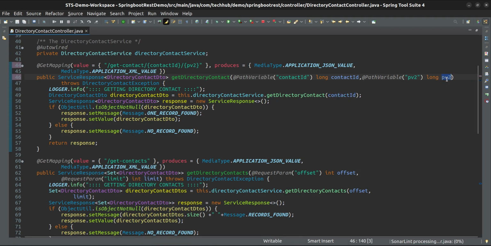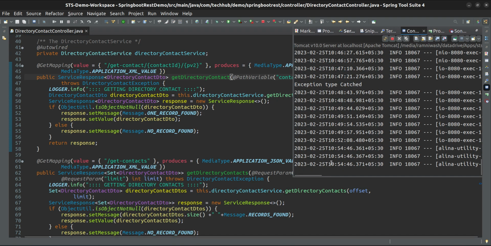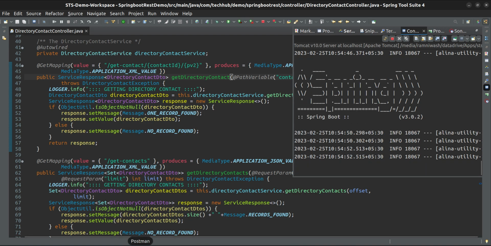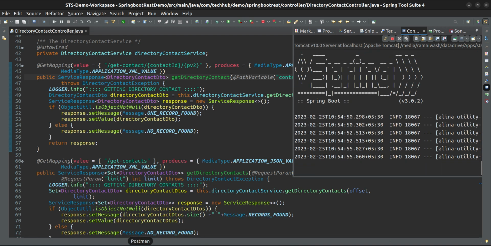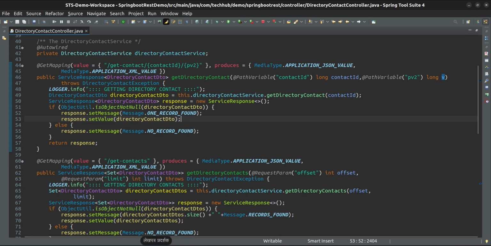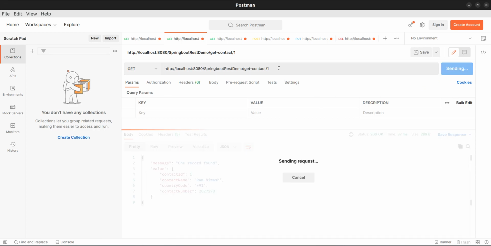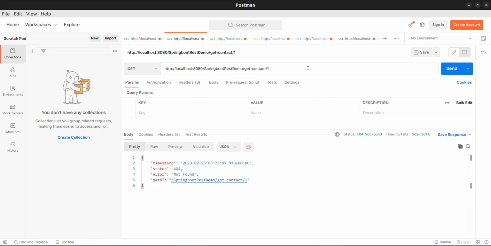That can be different, no issue, it will work. I've just restarted this one. It is automatically restarting, and now you will see whether this will work or not, because this time there is more than one path variable, but both variables are loosely coupled, because inside your Postman you can call. Currently this will give an error because it's not present, but if you give it like this, it will work. We are not using this 5, but this is working.